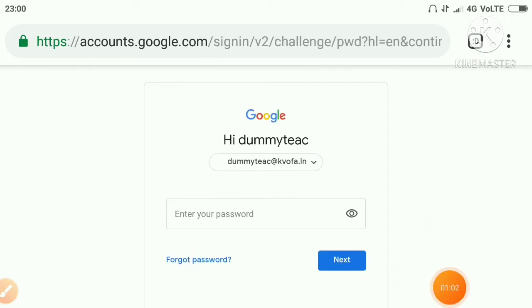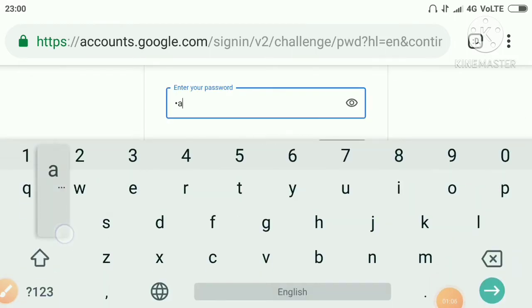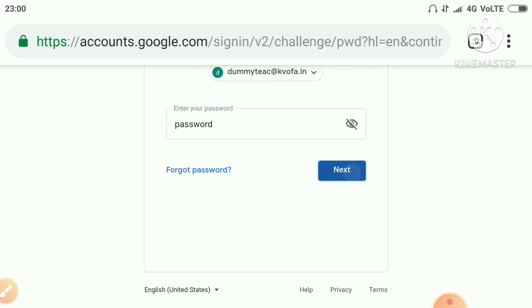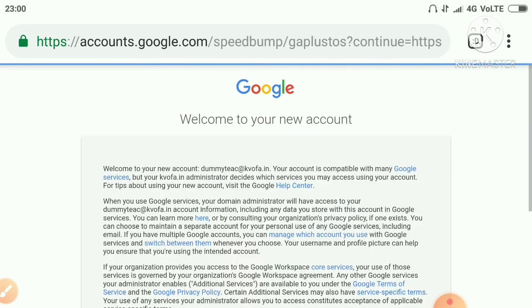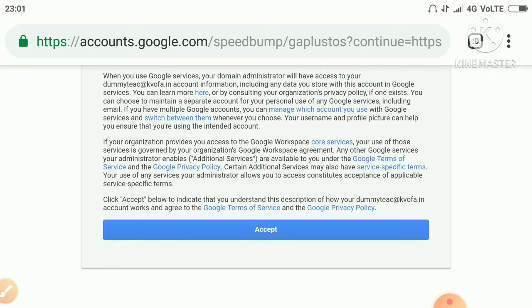When you press the next button, it will ask for your default password. The default password will be provided by your school, by the administrator. You can also see this one. This is the default password. When you click on this, then you have to click the accept button.